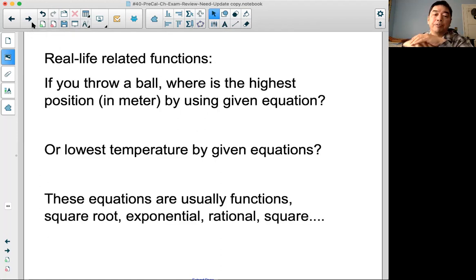Right, the real life related functions. If you throw a ball, what is the highest position in meters or feet by using the given equations, okay? Or the lowest or highest temperature by a given equation under some certain condition, okay? These questions usually involve functions. It could be a square root function, exponential function, rational function, or square function, yeah? A good example might be